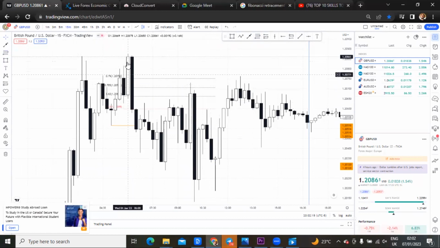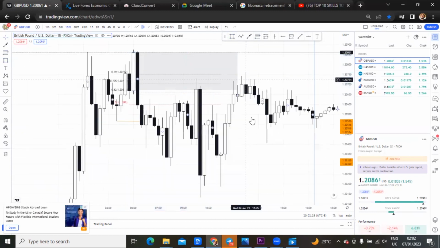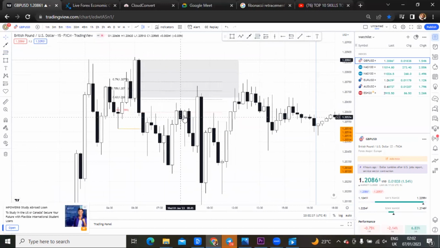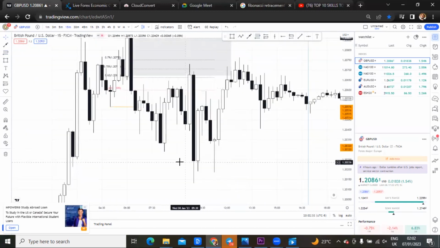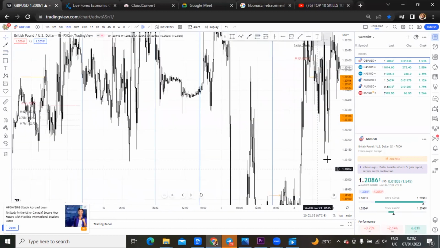The last bullish candle before a slump is known as a bearish order block. Remember, the bearish order block is in a downtrend. We call it bearish order block. So guess what? See what price did? Price tapped into this order block and gave this massive drop. All right, so let's see